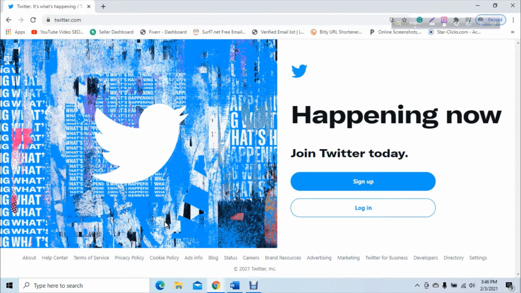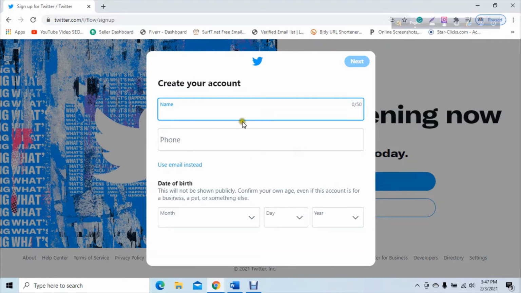If I want to create a new account, I will go to sign up, and if I have an existing account, I will go to login. But I would like to create a new account, that's why I will go to sign up. You will just click on sign up, and you will get this interface, and you will enter your name, which name you want to use on